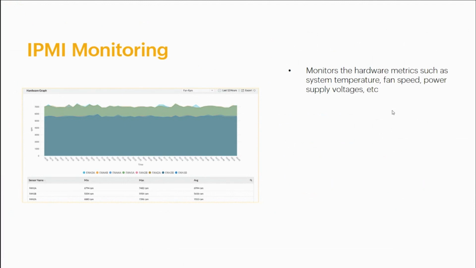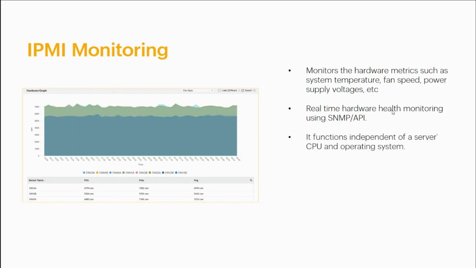OpManager provides a comprehensive IPMI monitoring tool, and you can also monitor the hardware health of your server in real time using the API or SNMP protocols. It functions independently from your server and CPU. Currently, OpManager supports vendors such as Dell's iDRAC, HP's iLO, and IBM's IMM.